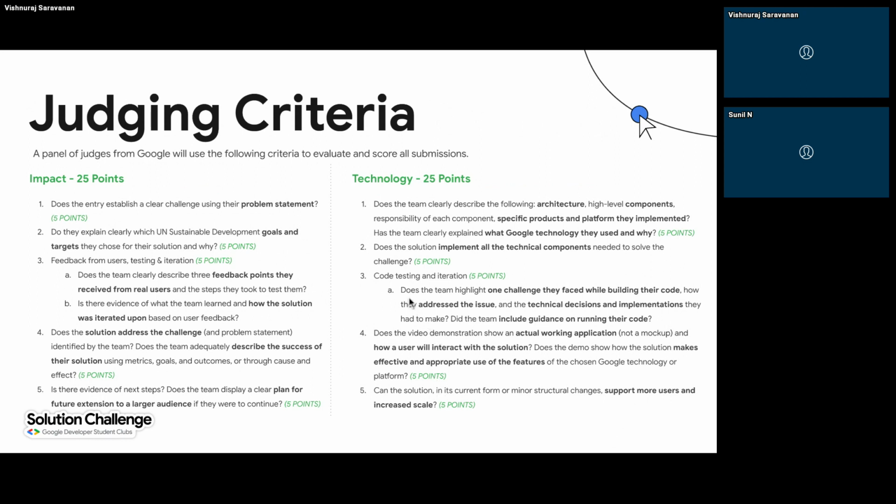Next thing is code testing and iteration. So the team has to highlight one challenge. Based on the priority, you can choose one particular challenge, and they have to showcase that challenge and what kind of things they faced while building their code, because that is from scratch, and they have to address those issues and make technical decisions. So they also have to give out what technical decisions arose from the issue, and what are the implementations they had to make. So next thing is